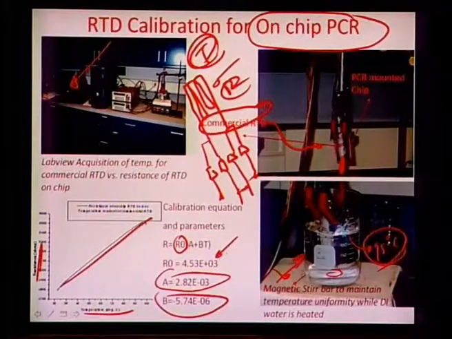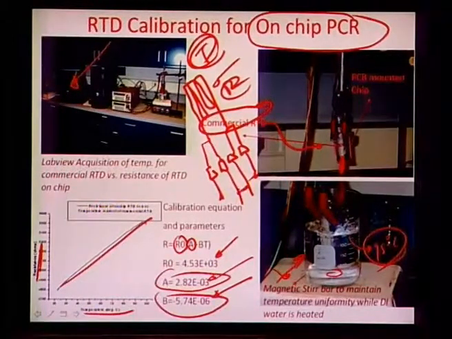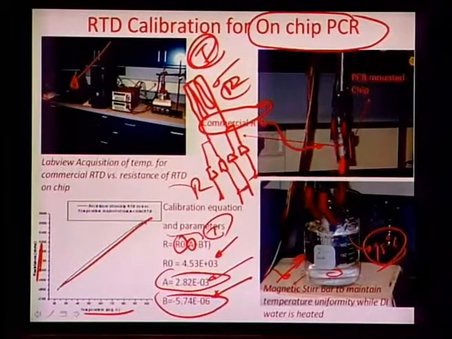Here in this example, R0 is about 4.53 × 10^3 ohms, okay, 4.53 kilo ohms, and the A parameter for this equation is 2.82 × 10^-3, the B parameter is minus 5.74 × 10^-6 respectively. So, once these are attained, then every time you have a resistance readout from here, you could actually ask LabVIEW to back calculate what the temperature is by plugging in these coefficients, and that is exactly how the control